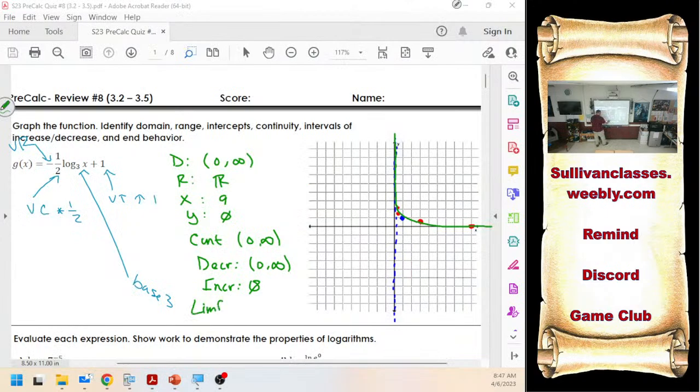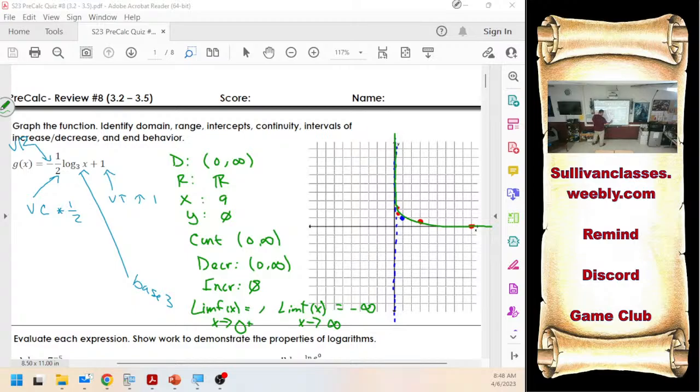The limit of my function as x approaches... we know as we go all the way to the right, this is heading off to negative infinity. That's easy. Do you remember the left end behavior of this? As I approach 0 from the positive side, it goes to